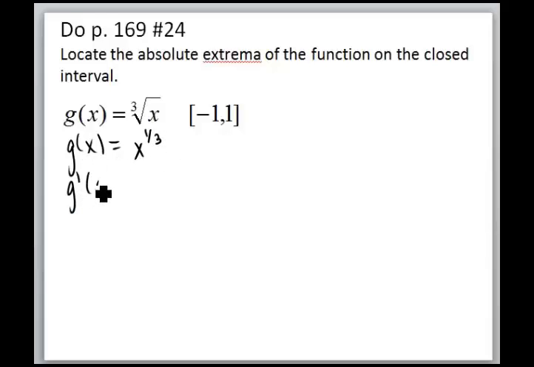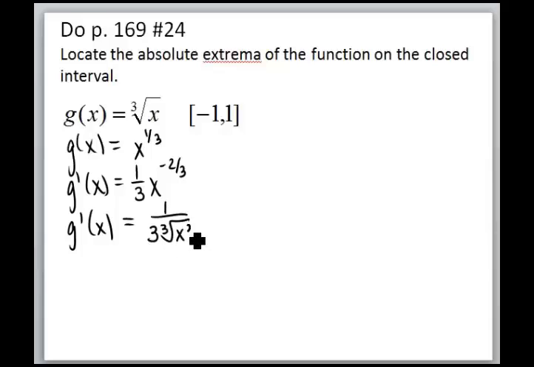Now we're taking the derivative and denoting it as g prime of x. So I get 1/3 x to the negative 2/3. It's going to be a little bit difficult to think about, so what I'm going to do is rewrite it in terms of a fraction. And then I'm going to determine where the derivative does not exist or where it is equal to 0. Well, it's never going to equal 0 because I have a 1 on the top, but it will